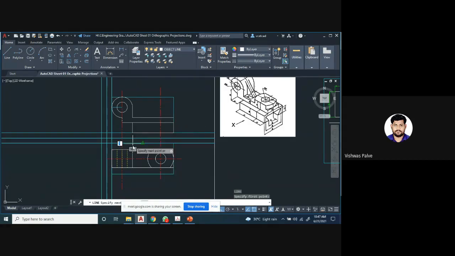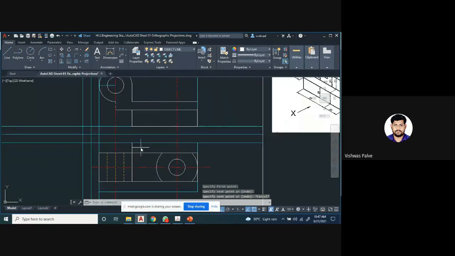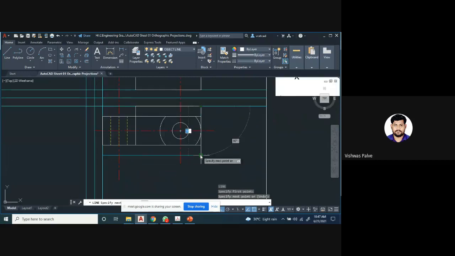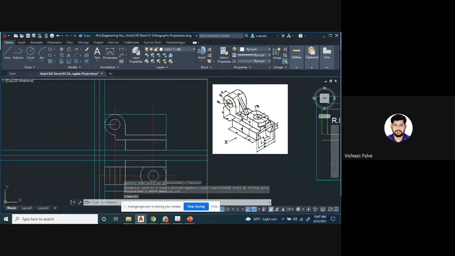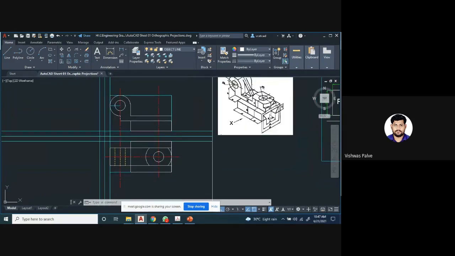Just to check, yes. Okay, so this was the bounding rectangle. So this small portion which we have seen. Now, after that, this rib portion, and we'll now complete the front view. When we want to complete the front view, I can use the projection lines. Projection lines is just for a reference.